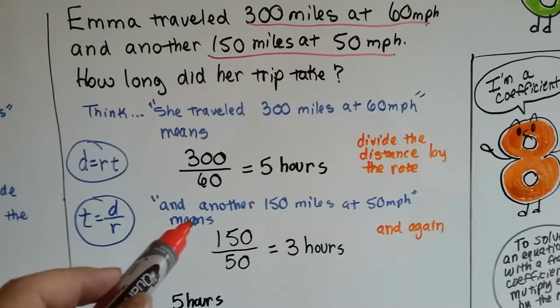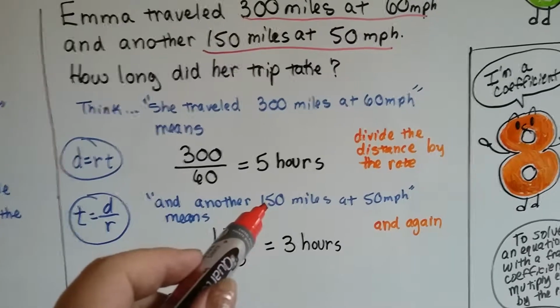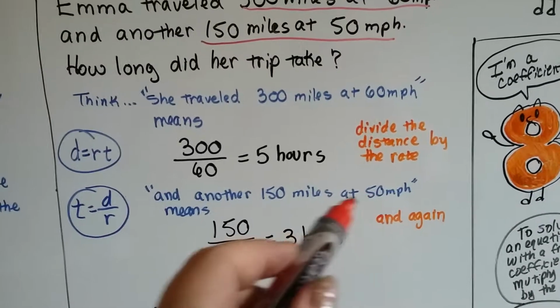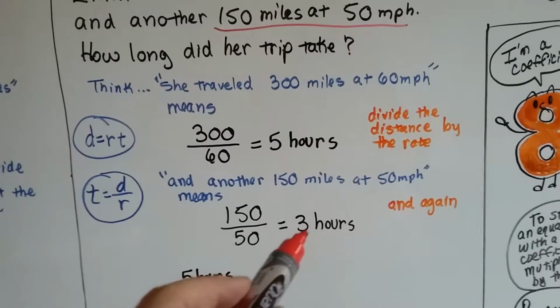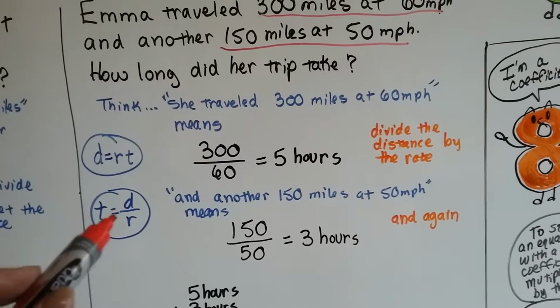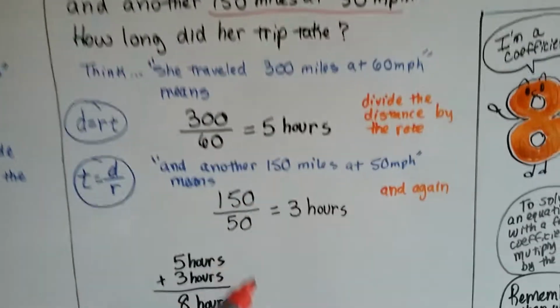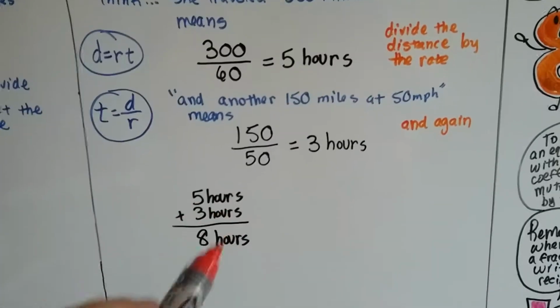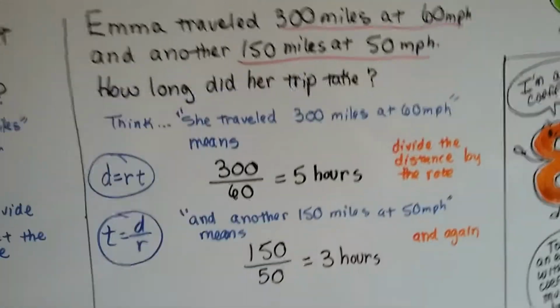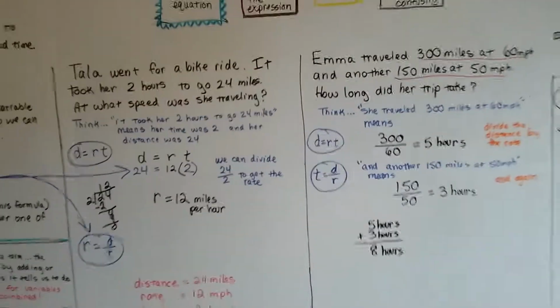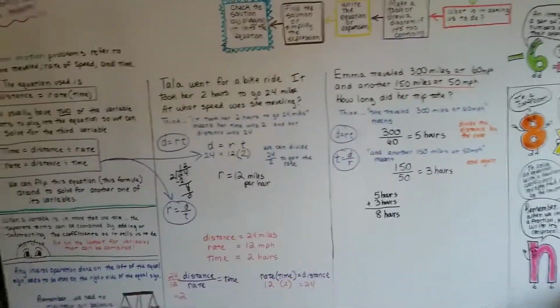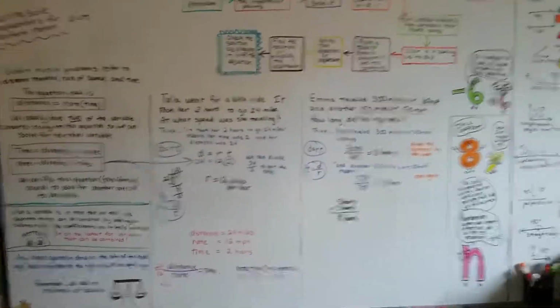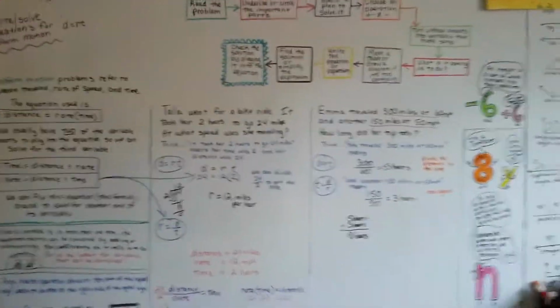And then we do it again. We divide the 150 miles by the 50 miles an hour, and we get the time of 3 hours. See, the time equals the distance divided by the rate. See? We add the 5 hours and 3 hours together and get 8 hours, and we know her trip took 8 hours. Very easy. This is actually the distance formula, and it's going to be used a lot in your